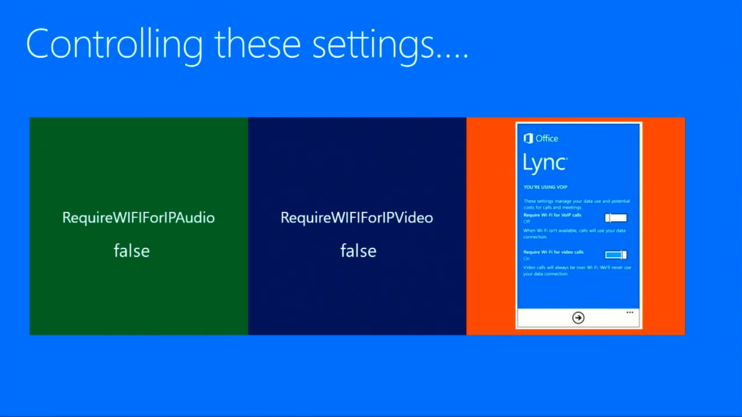So the VoIP is set to off because Wi-Fi for IP audio is set to false. And for video, on the client side, it is set to on, just to give the user the experience of using video just for Wi-Fi to begin with. And then the user can control it. Because it's set to false on the server side, the user can change it on both audio